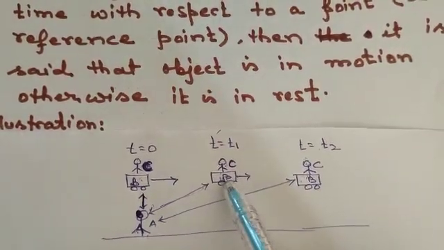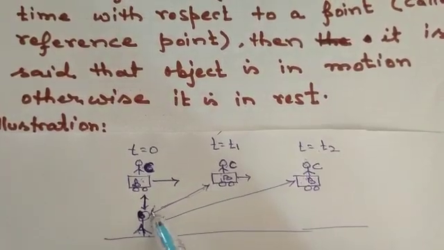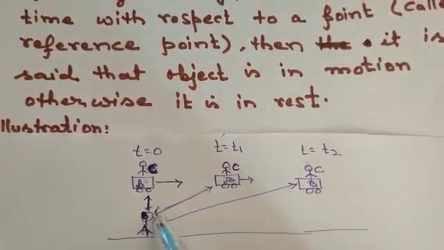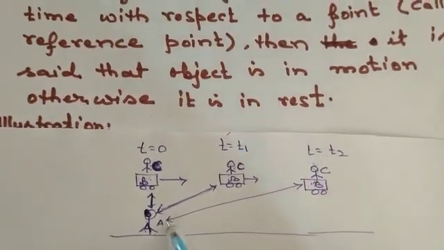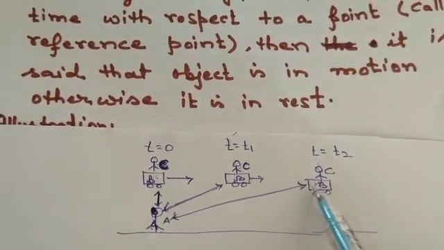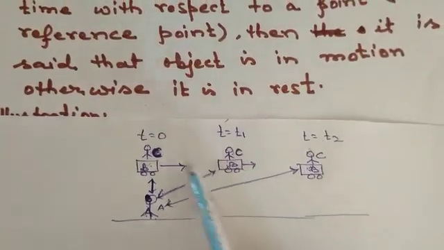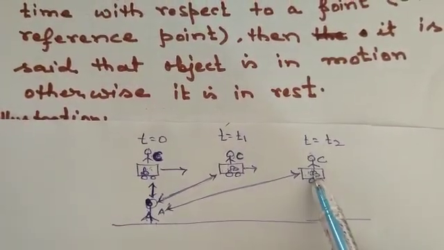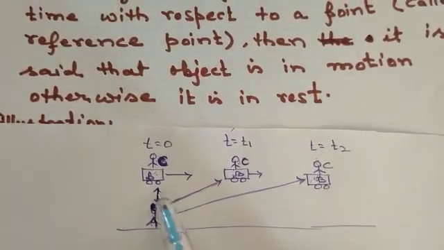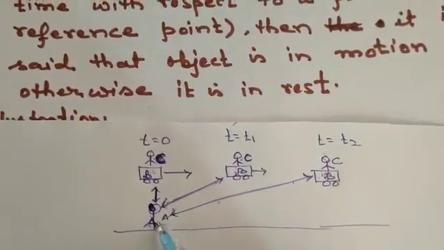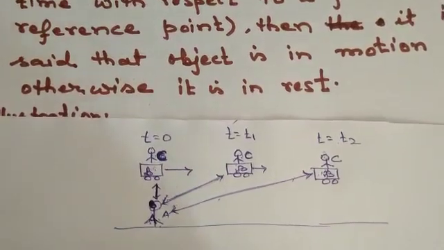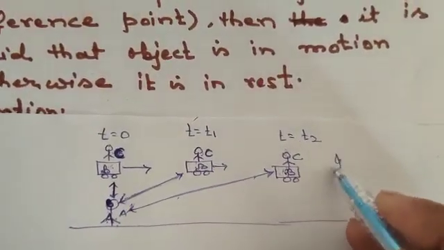It's not changing. That's why in respect of B, C is at rest, while with respect to B, A is in motion because B is here. The position between these two objects is this one, and when B is here, the position between B and A is this one. So we are looking that as time passes with respect to B, the position of A goes on changing. So with respect to B, A is in motion. Clear?